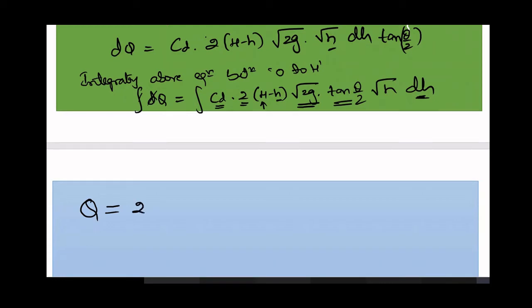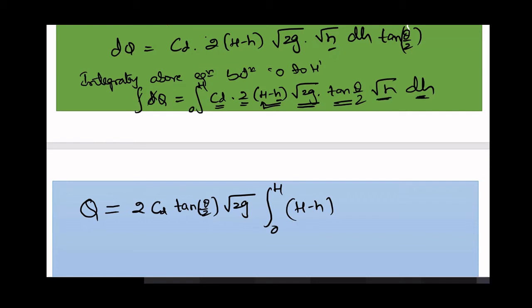So I will write 2 as it is. Cd I will take outside the integration. Tan theta by 2 is also a constant term, I will take it outside. Square root of 2g is also constant, I will take it outside. So what is left inside? This limit 0 to h, right? 0 to h. H minus h, for the time being I will write inside the integration only, into